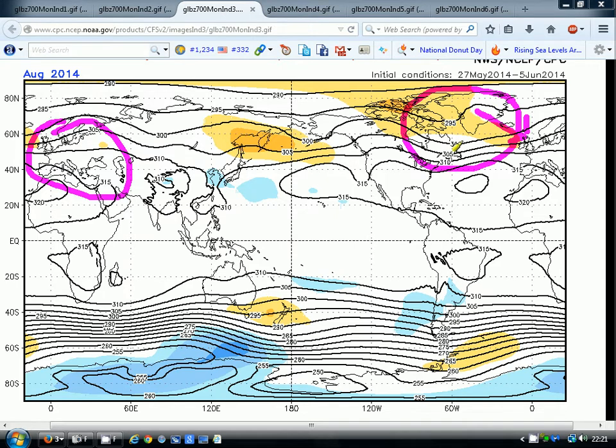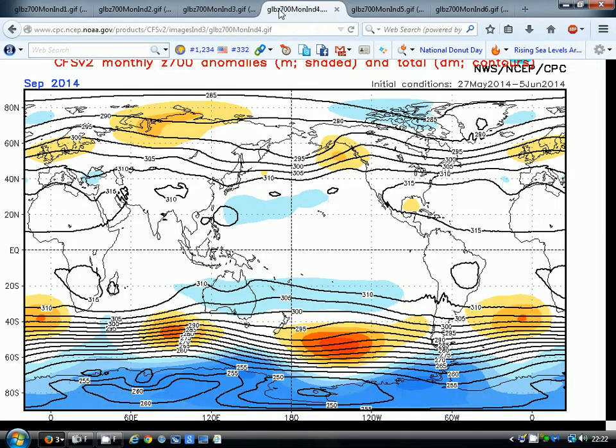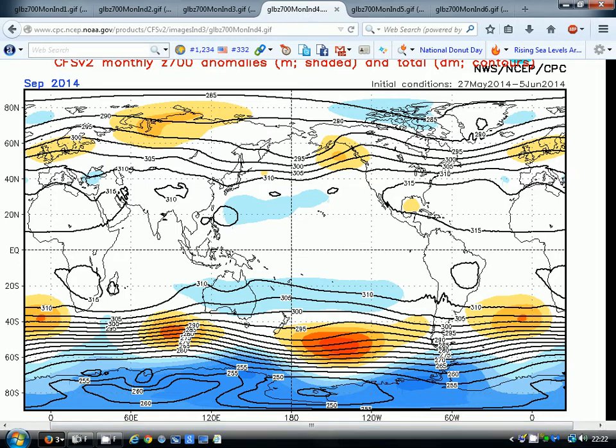So potentially that is a cooler and more unsettled scenario, I think, for August. But it's not disastrous by any means. But I think compared to July particularly, that is a cooler situation. Now, as we move through to September, what we're finding for September is a ridge of high pressure at 700